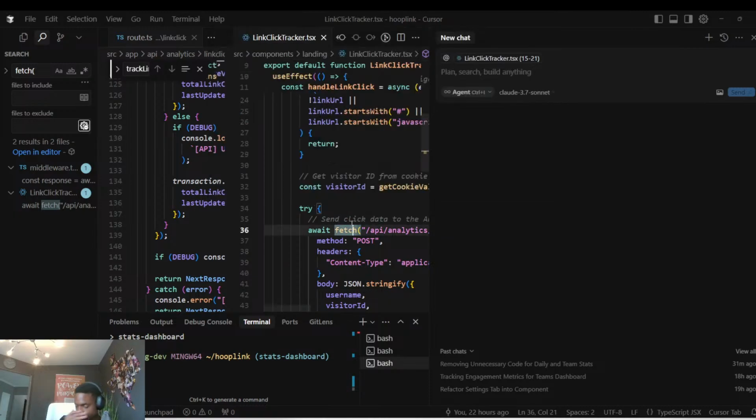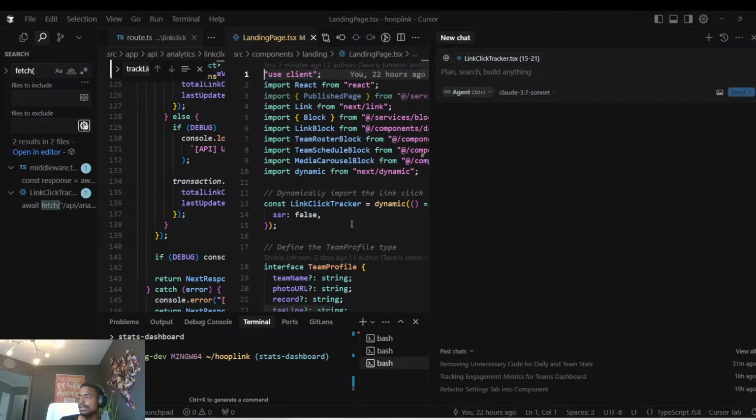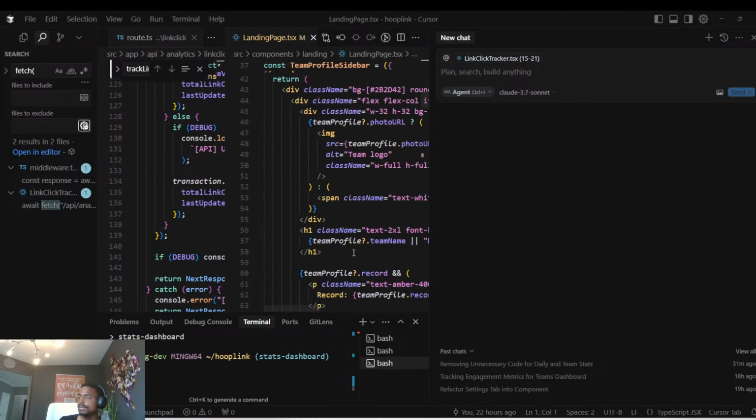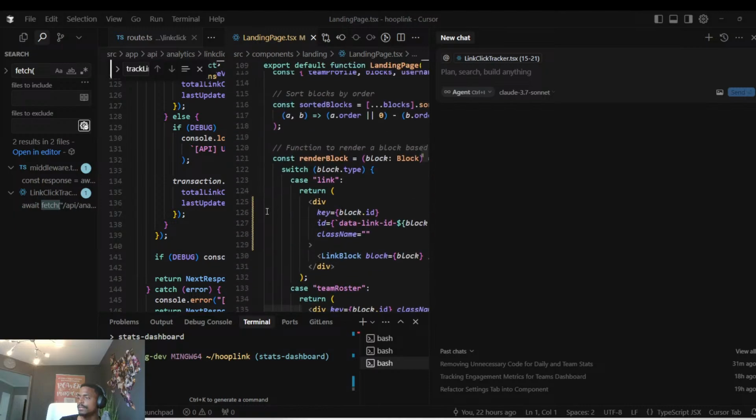Hold on, link click tracker. We want to go to the analytics or the landing page, right? Yeah. You go here. I'm gonna say the block ID right here. I want to add that as context. Let's ensure the link ID is